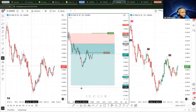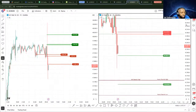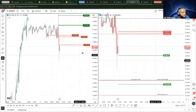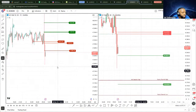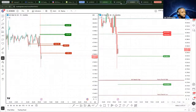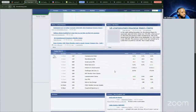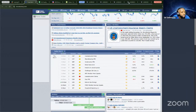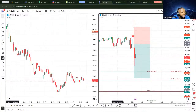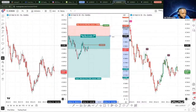So this one is still going back and forth. I really don't see too much happening here. Let's see, 15-minute EMA. I don't see too much happening here. What else? Let me see. Nowadays I really don't want to keep these live sessions too long. I really don't see too much happening here. I still anticipate this one to go back down and get to